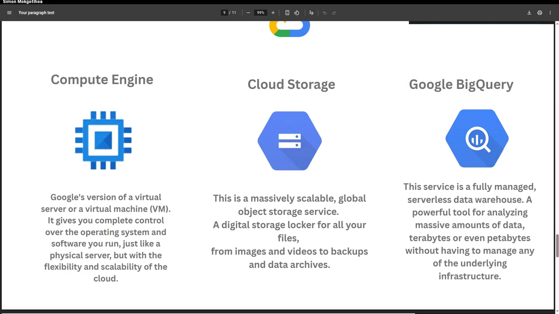Think of it as something you can use instead of Google Drive, but for a large organization, right? You can store petabytes of data on Cloud Storage. And again, if you want that to be served over a website, of course, we can always go back to our Cloud CDN, which we spoke about earlier. I think I already touched on BigQuery before. So that sort of gives you an idea of GCP.